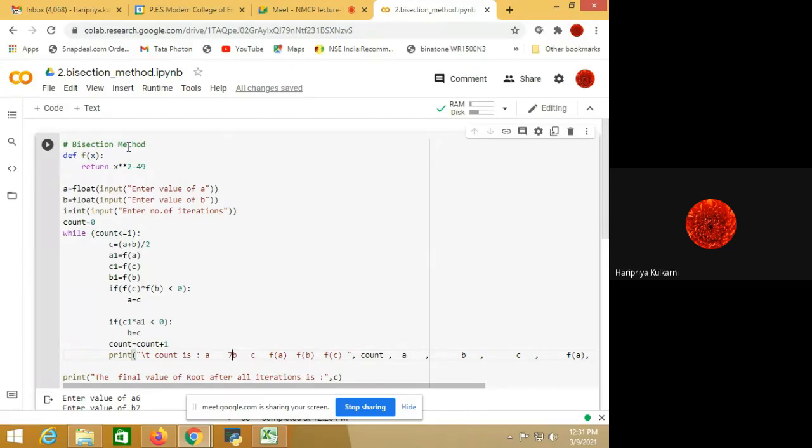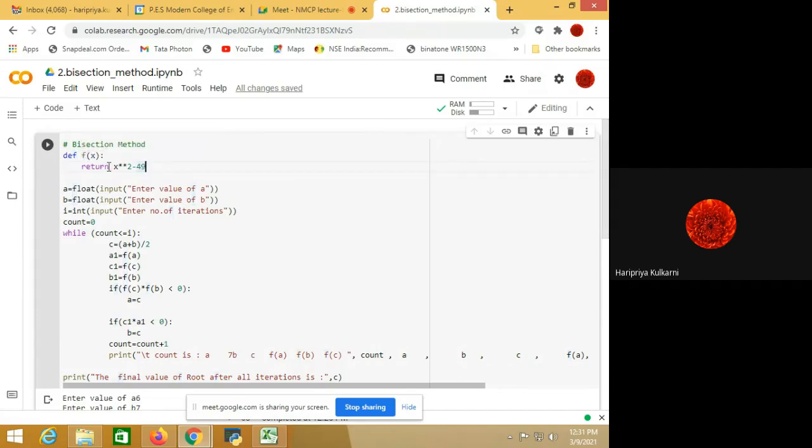It is for the understanding of the programmer, what he is doing. Then def, define, is a keyword. It is represented by def. I'm using a function. The name of my function is f, so it is f of x and colon. It is in the syntax. This f you can give any name depending upon the name that you want for your function. So I'm writing the name itself as f.